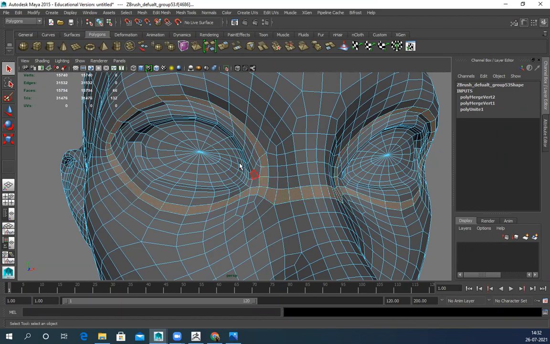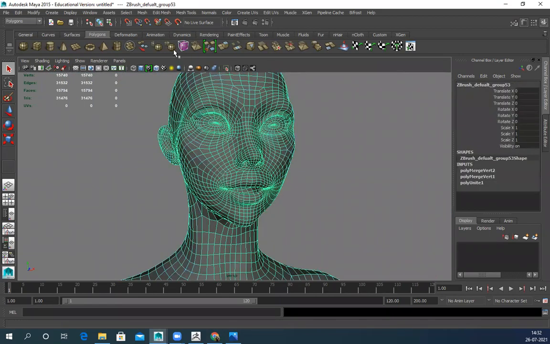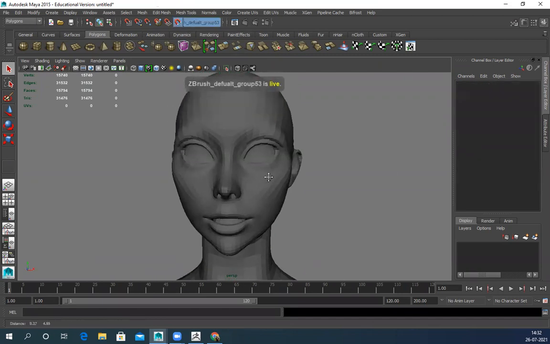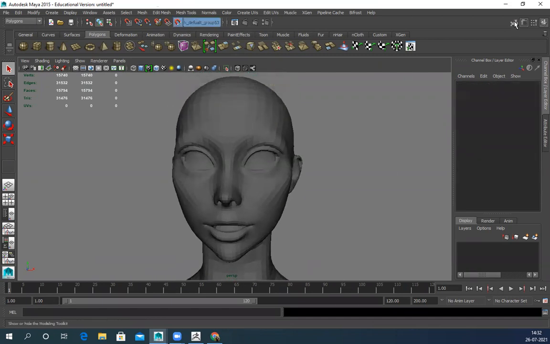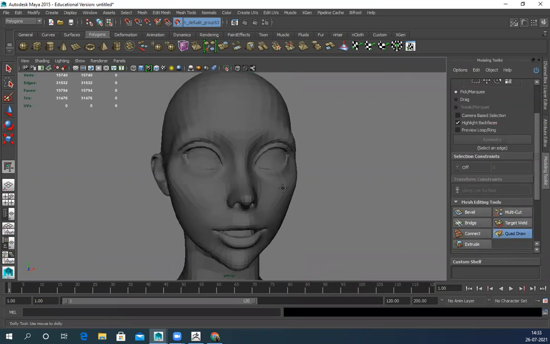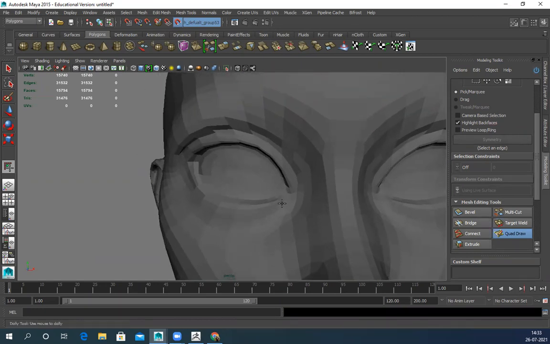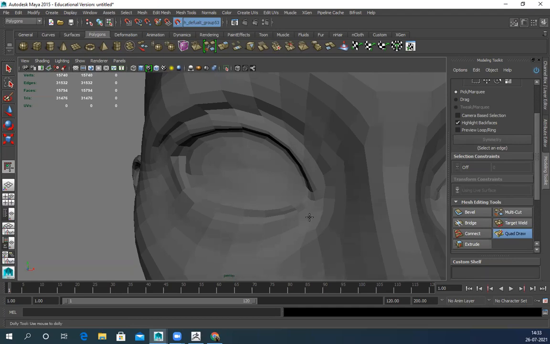Yeah, see? So select the model and click on this icon, this magnet, to make it live basically. Make live. Now click on modeling toolkit, quad draw. First thing I have to define those landmark loops. Click, click, shift.